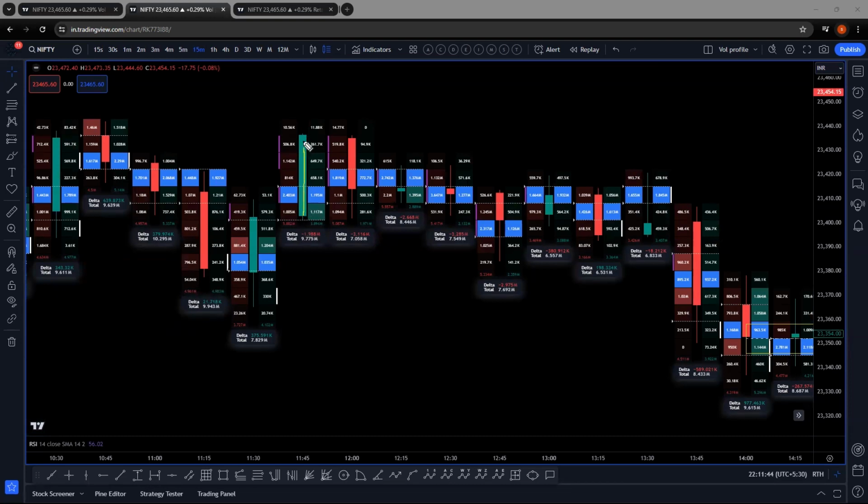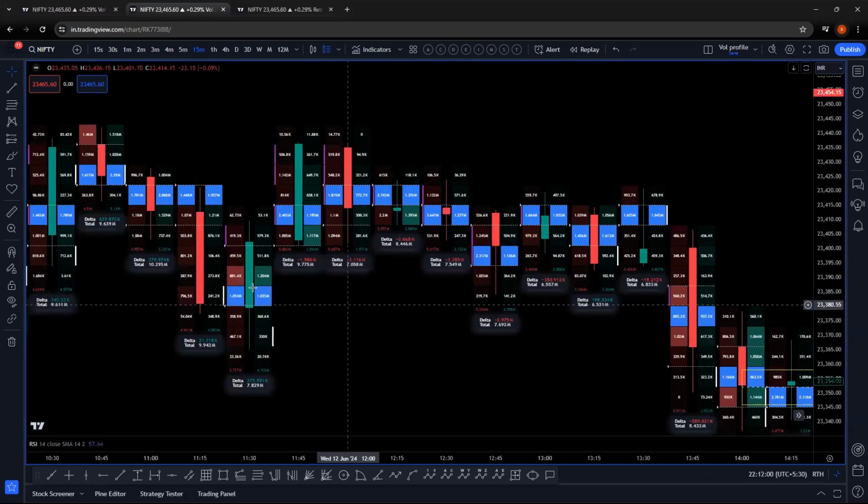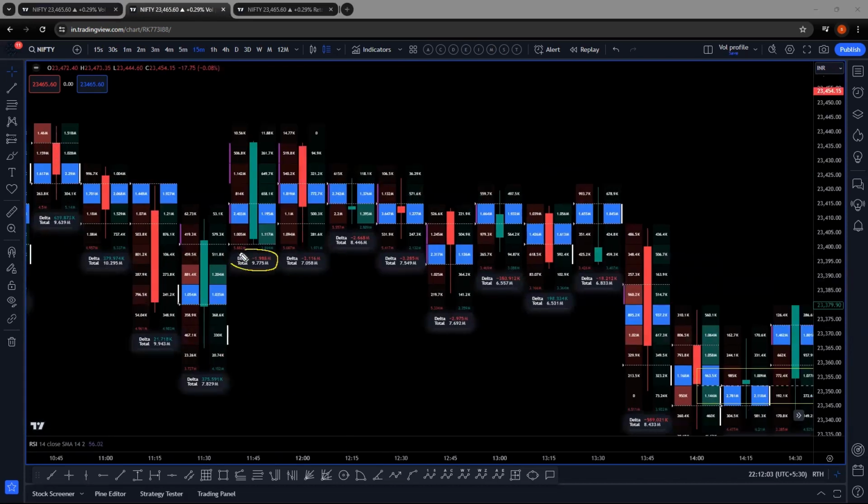There was a very good spike in the market, correct? Everyone's thinking this is okay, a lower high in the market. And around 11:45, we get a good spike in the market. In this spike alone, there is a huge amount of selling pressure. Now, don't look at the delta value like minus 1.9 million. That's not necessary. The values are not important, but try to understand the mechanics happening in the market.